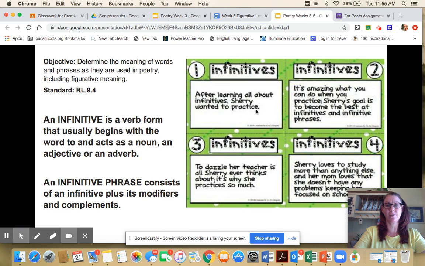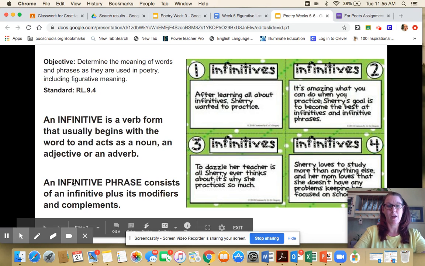Even though practice could be an action word, here it's being used as a noun because the word to is before it. So basically you want to remember that anytime there's the word to before a verb, it's probably an infinitive. And then here, an infinitive phrase consists of the infinitive, the to and the verb, along with the modifiers